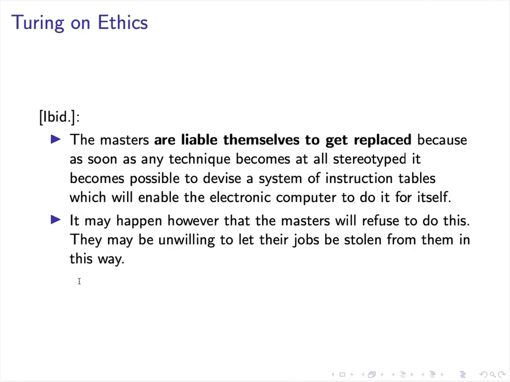because he's basically arguing, well, the masters are the brains behind the machine. They are programmers. They are coming up with programs. But at some point, we will probably be able to replace mathematicians and computer scientists themselves with machines. So he was already in 1947 talking about artificial intelligence. And then he goes on, he says that the masters might refuse to do this because they don't want to let their jobs be stolen. This is very funny. Apparently he was a very funny person, one of his PhD students used to say that. So I find this really interesting in a number of ways. So he was really ahead of his times,